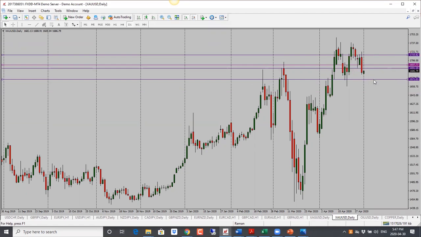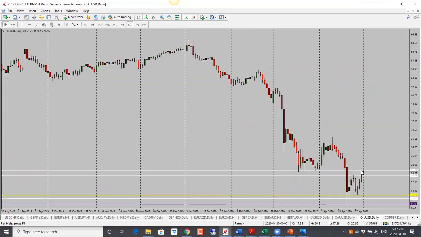So bearish bias here, but with caution, look out for those pullbacks. Oil here, oil's looking bullish. It went right into our second target of 21. Still looking bullish, very strong close into that resistance, but it is into resistance. So we have to be cautious here, because if it holds below 21, we could see it come back down. Right now, though, it is looking bullish, so bias is bullish.